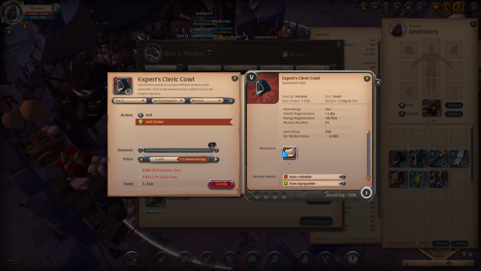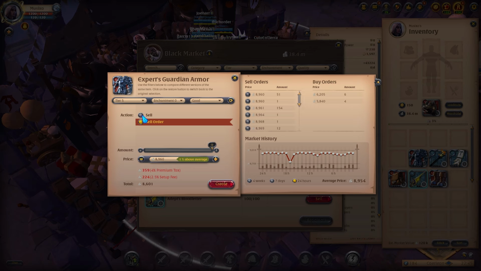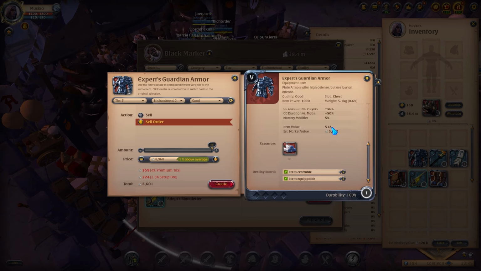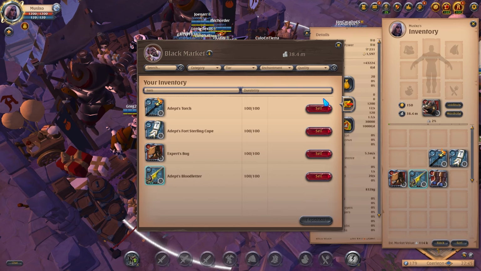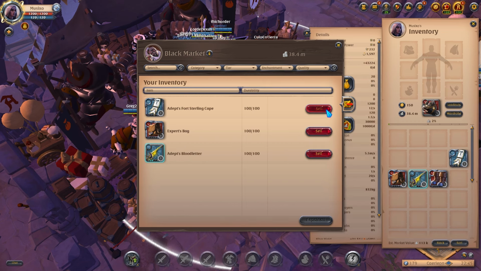If it doesn't sell at a better price at the black market, what I tend to do is hold on to it. Eventually you're gonna see me, I think several of my items weren't selling that great at the black market. So this item sells good, so I'm selling it at a lower price, but I'm still gonna make profit from it. Similar to the torch, I'm selling that. The Fort Sterling cape,